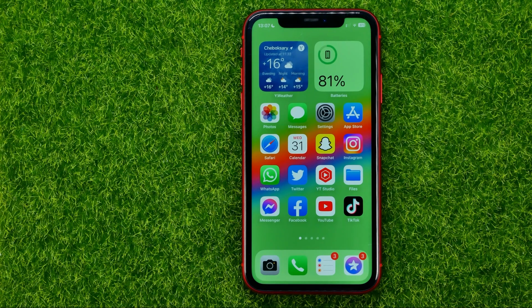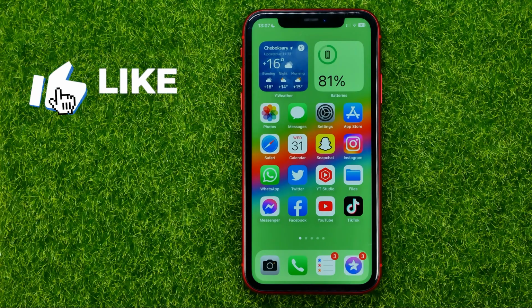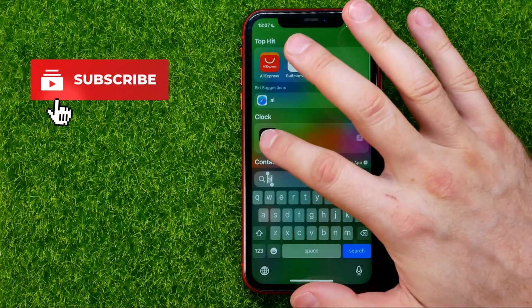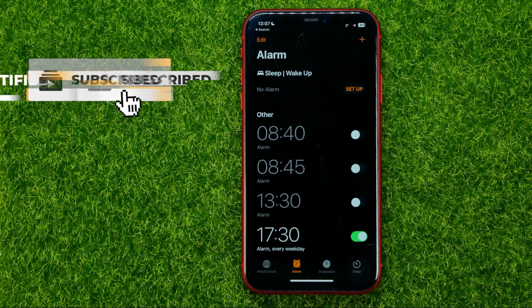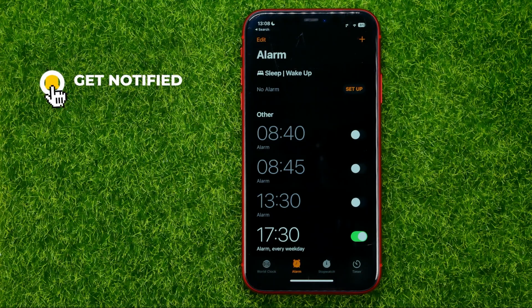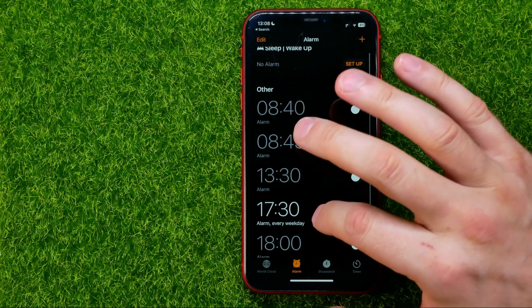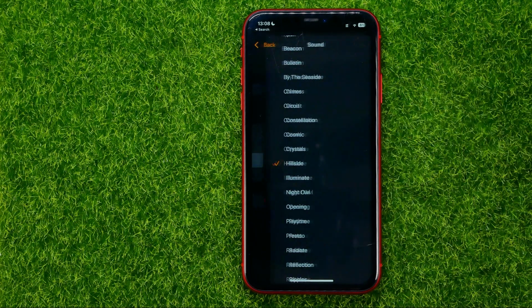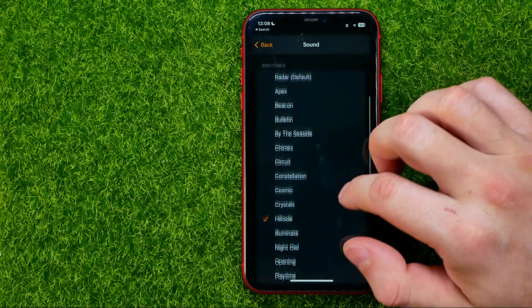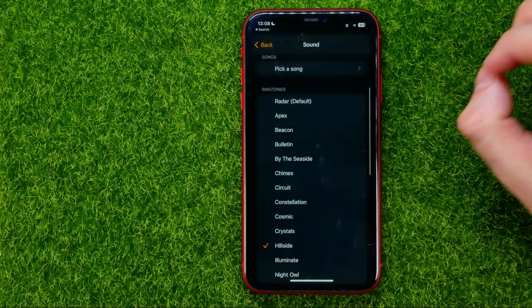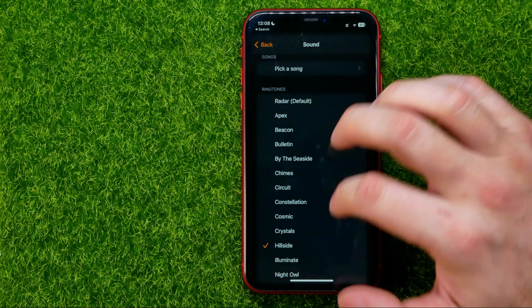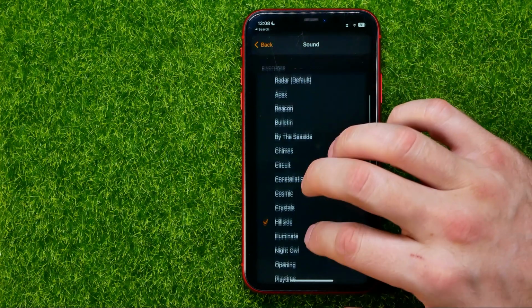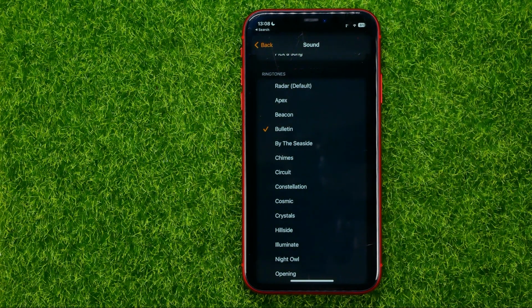Thanks guys. So let's get started, and first off you need to get into Alarm app, and once you've done that, just tap at any alarm just like that, and on the next screen you can easily find sound. You can just tap on it and then you will be able to select any sound from that ringtones list, just like that. You can just tap on it to listen how it sounds,